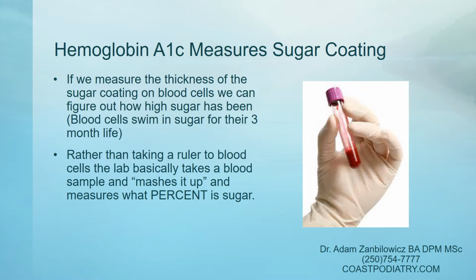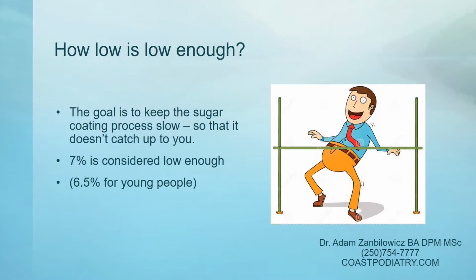So that's why when you get your hemoglobin A1c from the lab, when you get your own lab results, which you should be doing, you'll see that the hemoglobin A1c is reported as a %, which is different than the way that one reports your random blood sugar from a finger prick. And what it's measuring is what % of the mash is sugar. And it turns out that if that mash is sugar, then you're doing everything right, and fundamentally the sugar coating process is happening so slowly that something else will get you first.